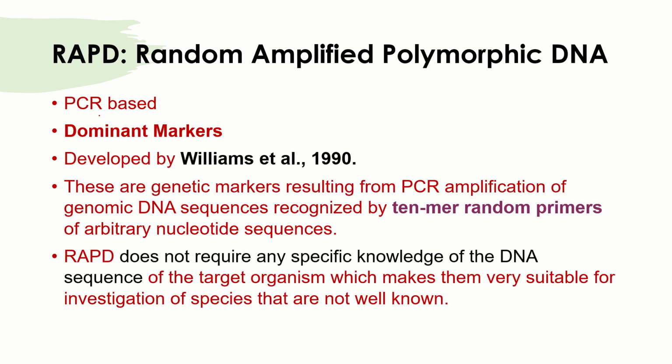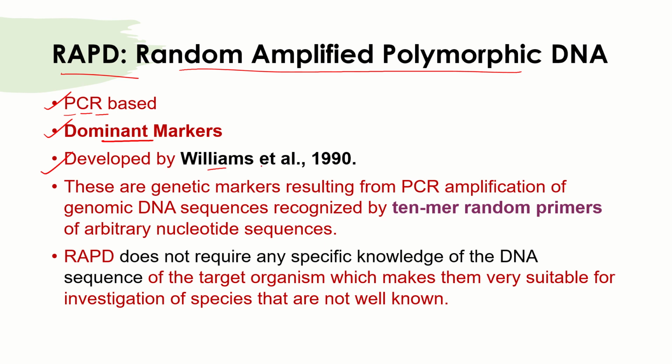Now the second genetic marker is RAPD, which is called rapid. This is Random Amplified Polymorphic DNA. It's PCR based, so here the DNA sequences will be amplified, their multiple copies will be produced, so we say it is PCR based. Polymerase chain reaction, you must have studied this technique. Here a small amount of DNA can be amplified many times using this technique. Then it is a dominant marker. Again, when you go for preparing genetic maps using RAPD, then you come to know why we call it a dominant marker, but for now you can just remember this.